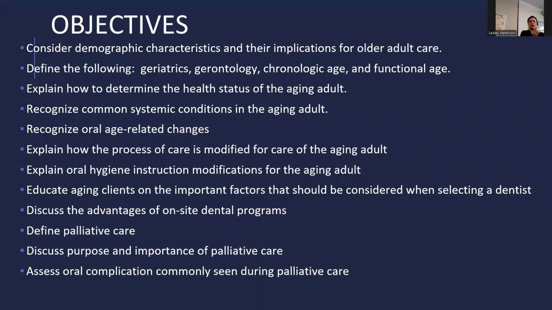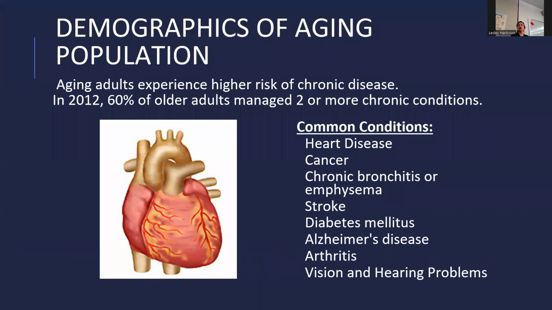So there's the objectives for this unit. You could read through those on your own. So we're talking about this demographic of elderly. Generally, we're talking about people who are 65 and older. This is a kind of a big topic because not only are there changes in the oral cavity that elderly patients have, but they have all sorts of barriers, sometimes access, getting places, financial barriers,